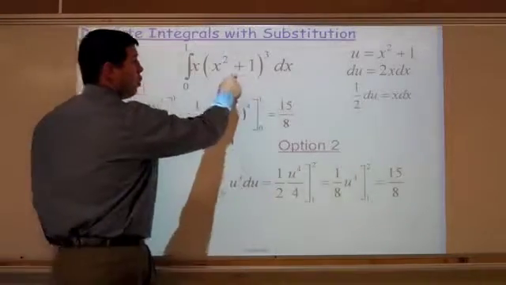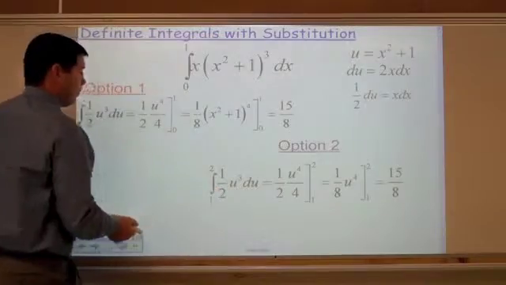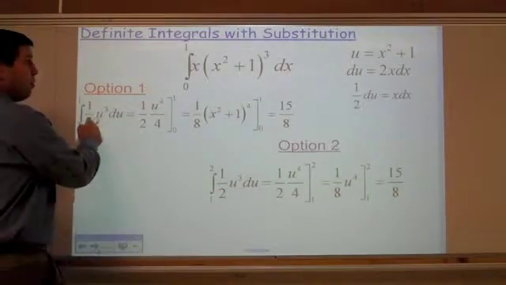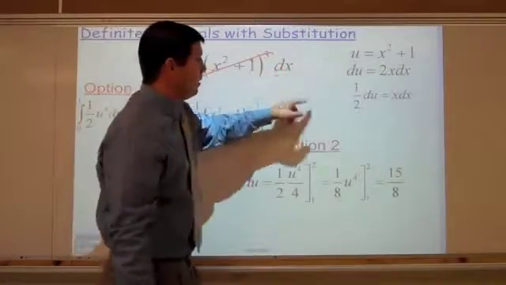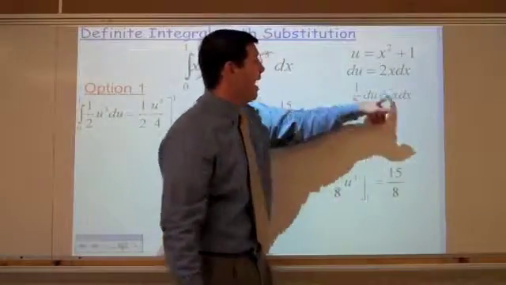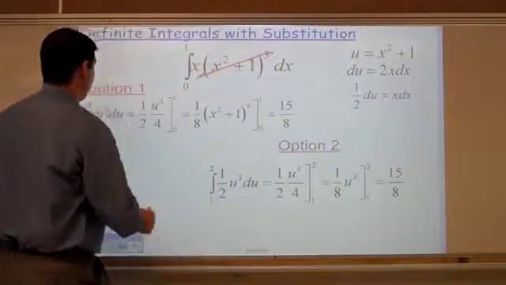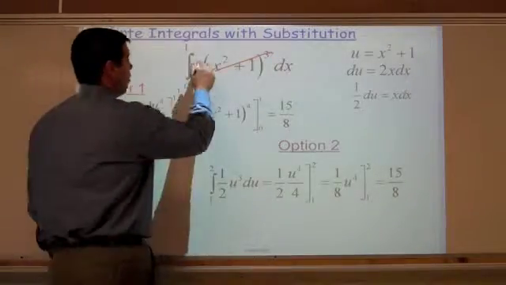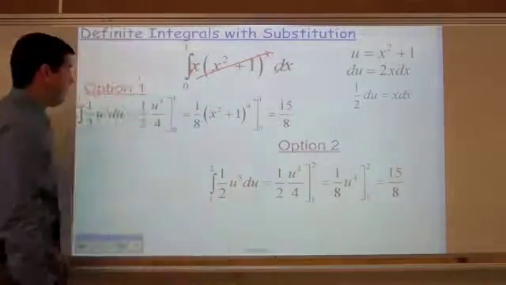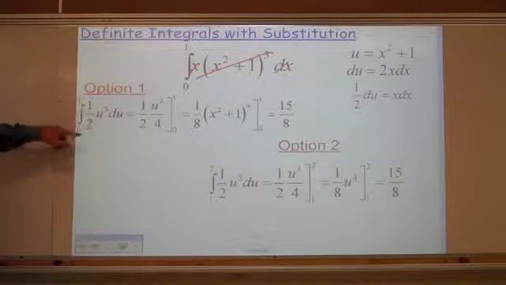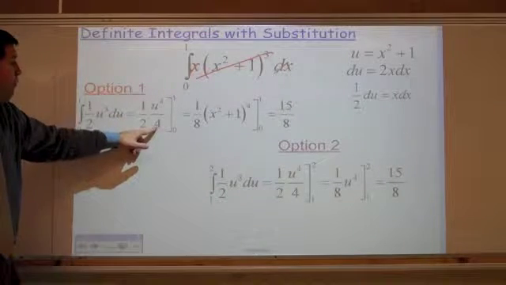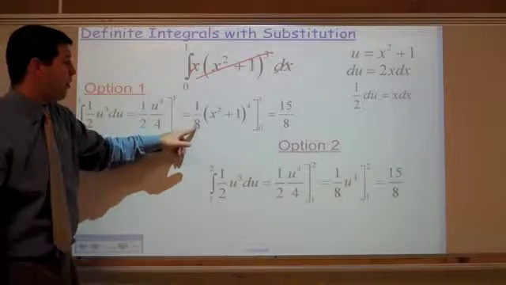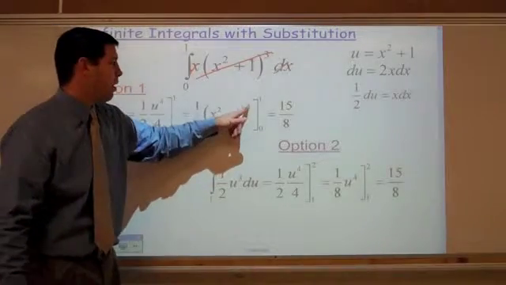You're going to start with u cubed. So I have u cubed here. That's taken care of. x dx. 2x dx, I'm going to need a 1/2 du. Divide both sides by 2. So I get a 1/2 u cubed du, from 0 to 1. I get a 1/2 u to the 4th over 4. So I get 1/8 (x squared plus 1) to the 4th